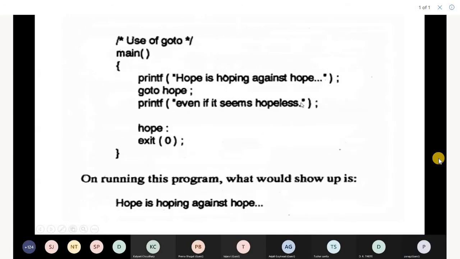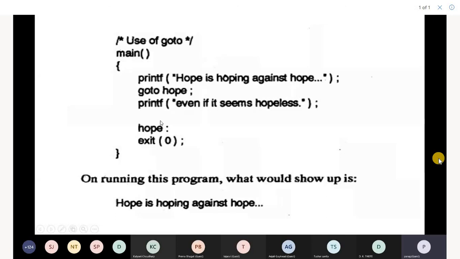Goto statement. If you want to go to any part of your program unconditionally, you can use the goto statement. Generally in programming practice, they say that you should not use the goto statement. Here, if a question is asked on goto, it is used for control transfer. What is the syntax? Goto and a label. Later in your program, the label will be defined and you will directly go to that label.